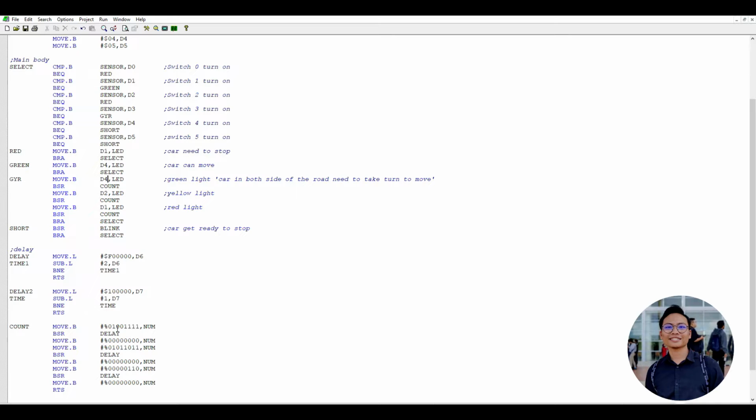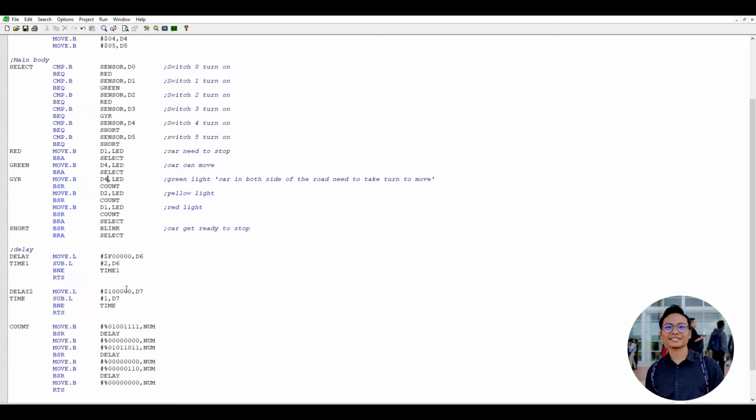After that, it will repeat the subroutine count, the number 2, 1, and 0. After the delay, the data will be inserted into D0 before the data is inserted into D2, which is a yellow light. After that, the data will be inserted into the subroutine count,